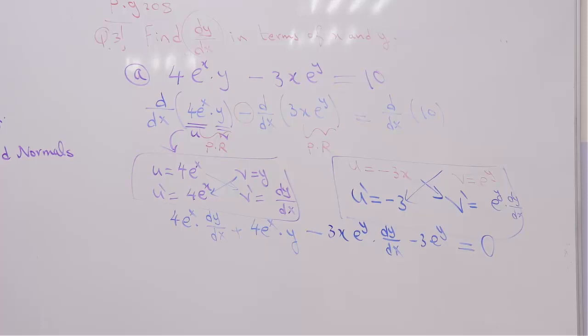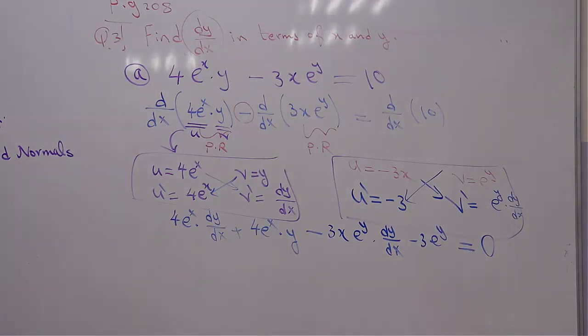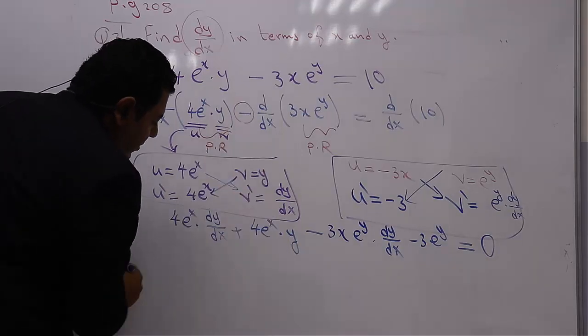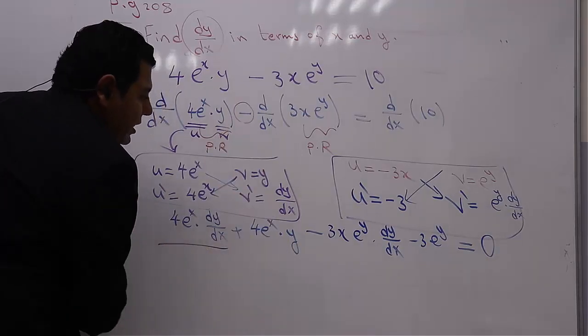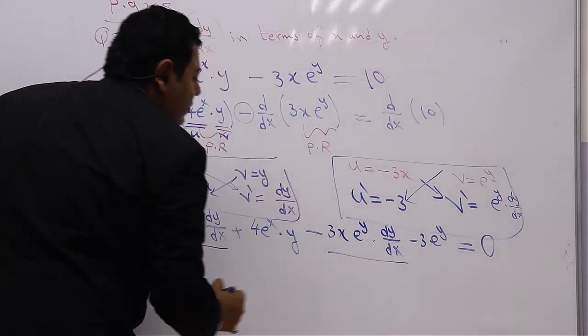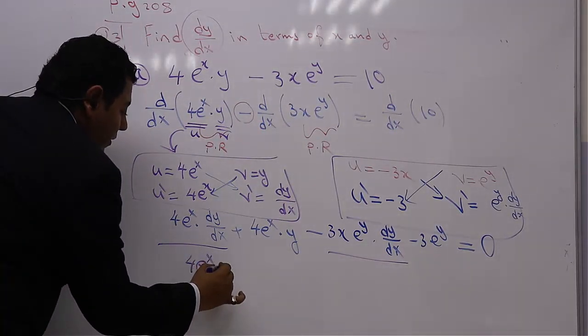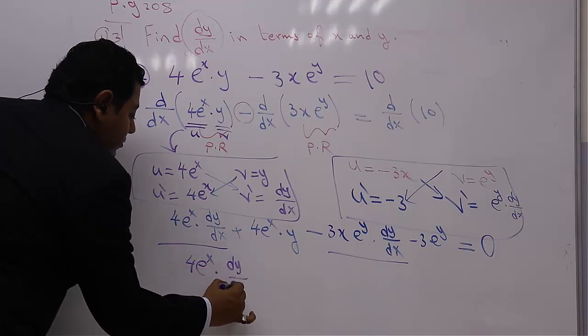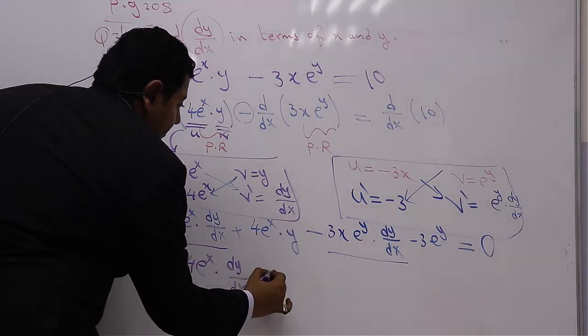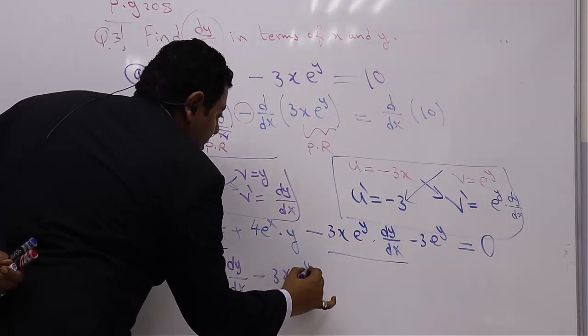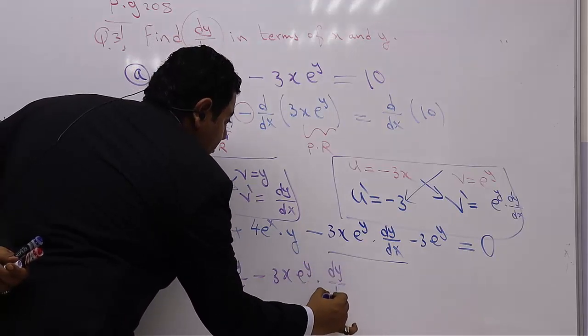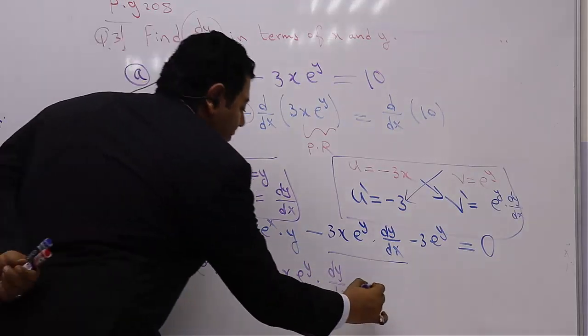Now we just need to keep the terms which contain dy over dx on one side and the other terms on the other side. So I have this term containing dy over dx and this term containing dy over dx. So for e to the power x times dy with respect to dx minus 3x times e to the power y times dy with respect to dx, all of this is equal to